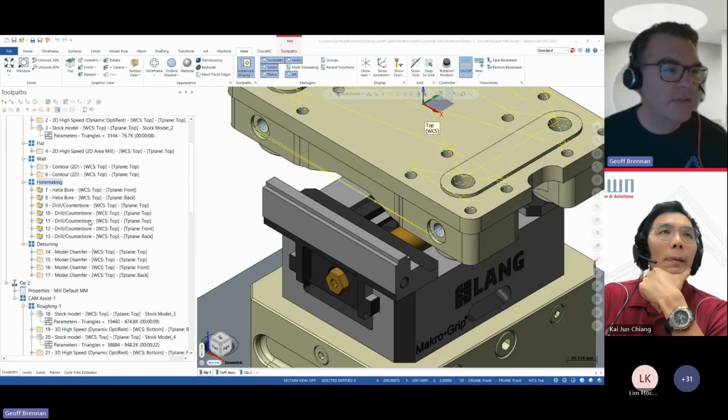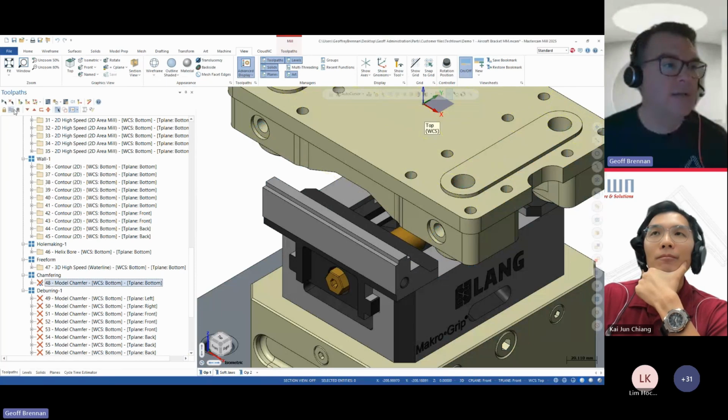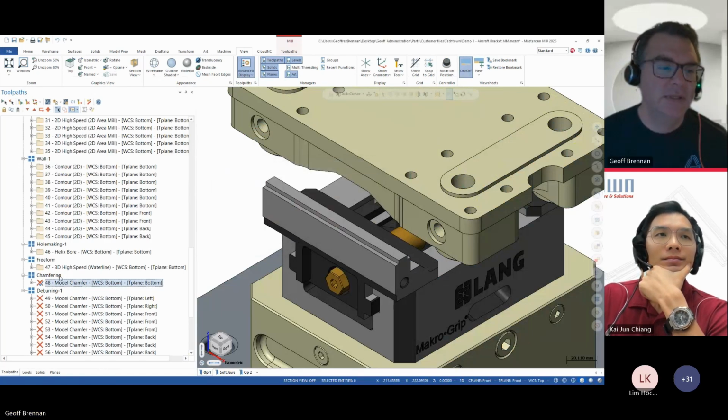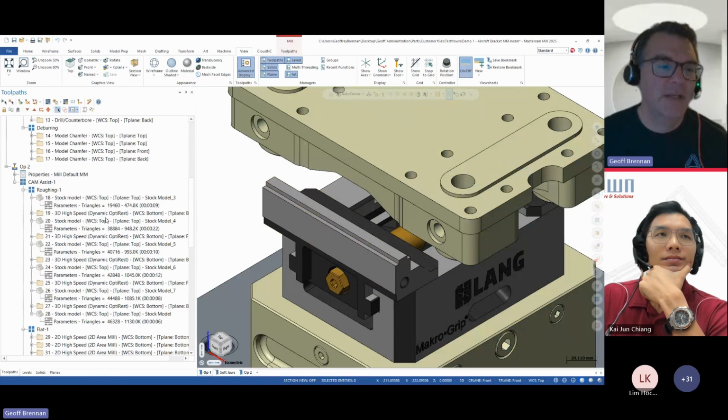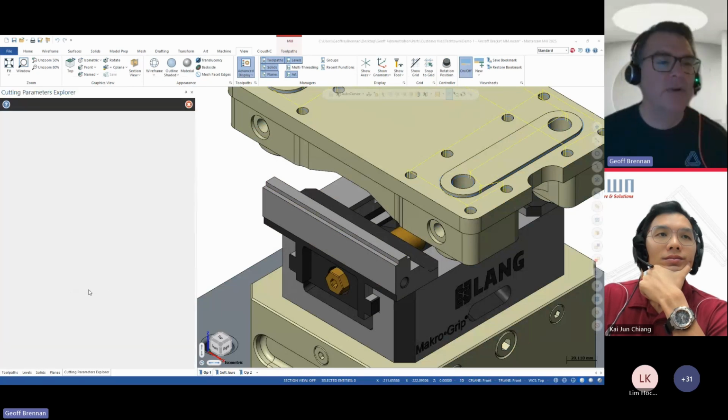So one other thing that can be interesting, generate this one again. I think these toolpaths got interrupted when I went into the other tab. Oh, a little unexpected. Would be a demo without that happening. But if I look at this one in the Cutting Parameters Explorer,